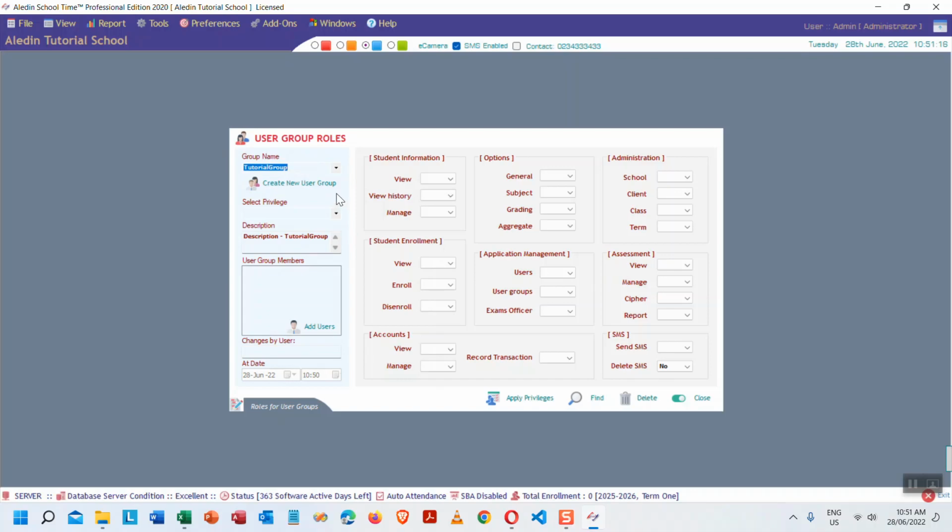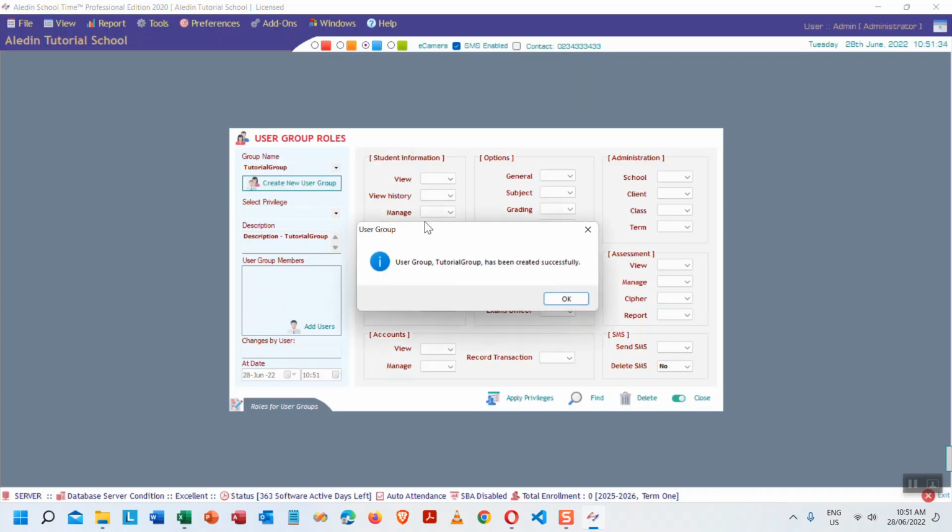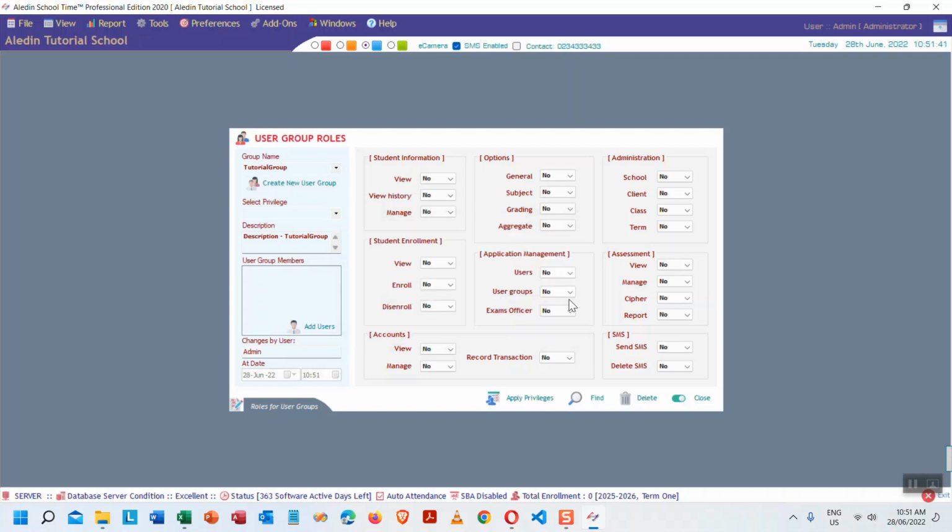Roles. Let me see. Account administrator. Yes. Oh, okay, it's here. So, tutorial group, then you click create new user group, then you create it. So it says user group tutorial group has been created successfully. Okay, you click OK, and as of now, any user who comes under this user group cannot do any